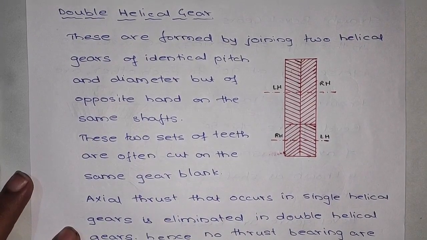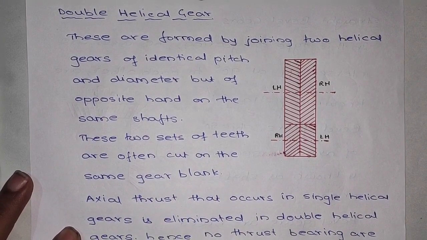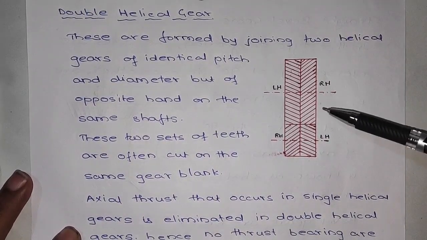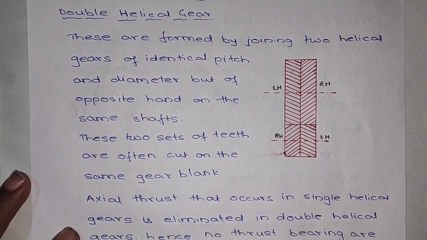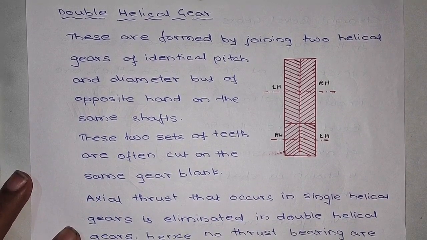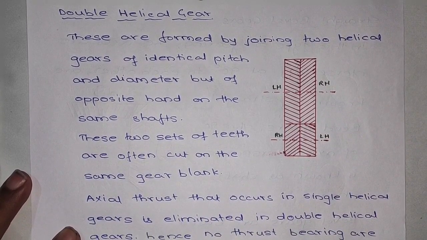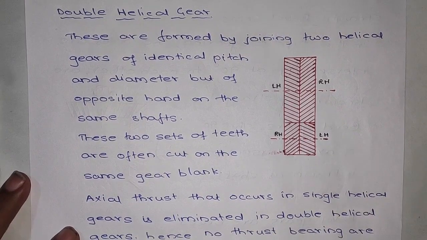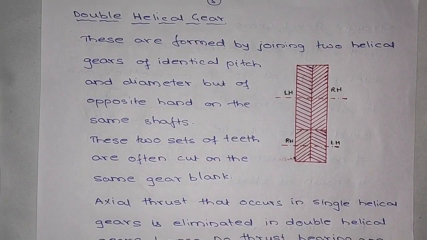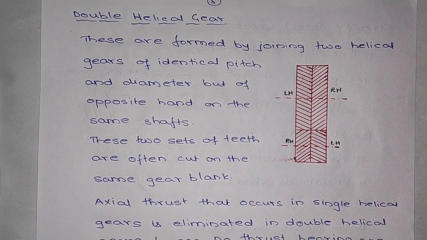So they are also called herringbone gears. This is very important. This modification of helical gears, that is the double helical gear, is called a herringbone gear. And these are used in very high speed applications with very less noise compared to the helical gears. So this is about the first part of the classification, that is parallel shafts. Next we shall see gears with intersecting shafts.